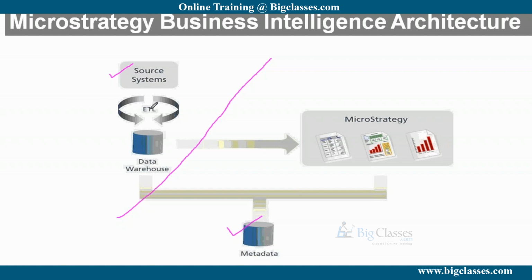So this forms a part of your backend. At the front end, through any of your BI tools, you get the data from the warehouse and display it in the form of reports or dashboards. The left hand side of this line forms the backend, and on the right hand side we have MicroStrategy, which is the front end. The source system is the actual source of your data, the data that we receive from our client, and on top of that we apply all the ETL logic, that is extract, transformation, and